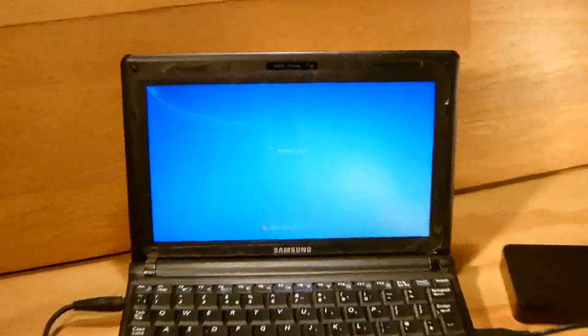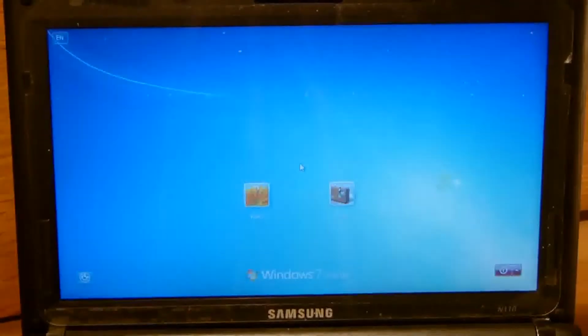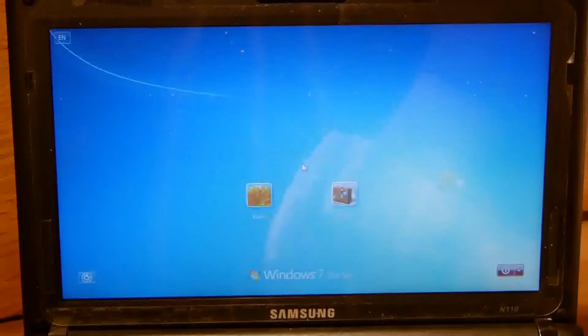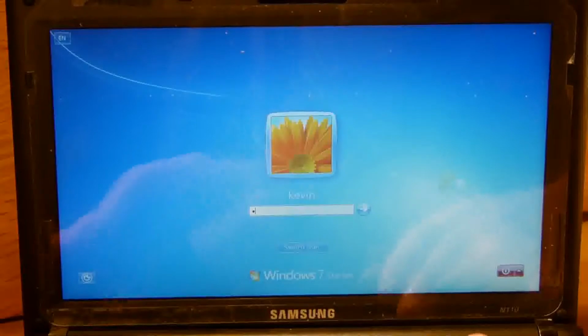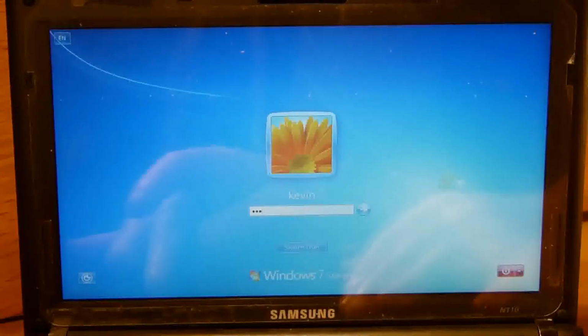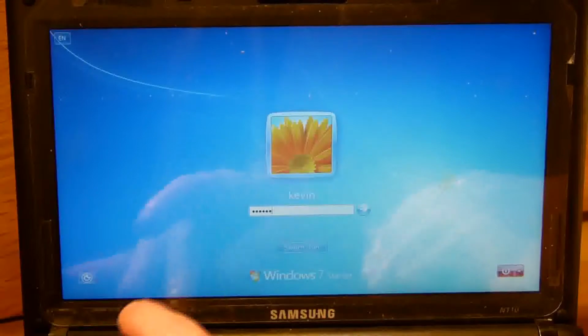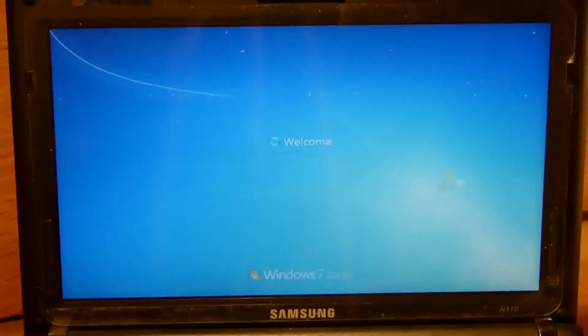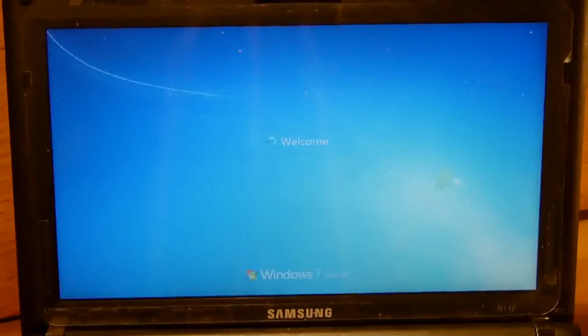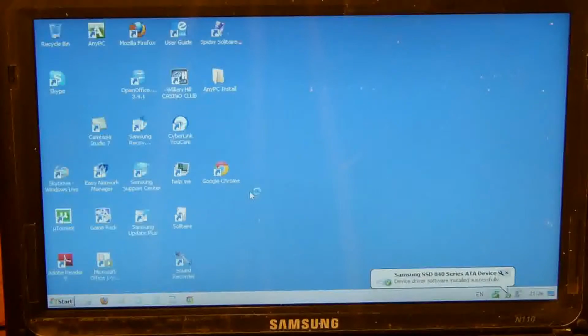You can see it there. And it's just a matter of logging in. If you had a password on your system's image that you made, it will be the same password again. That's the welcome screen there. And you'll see that